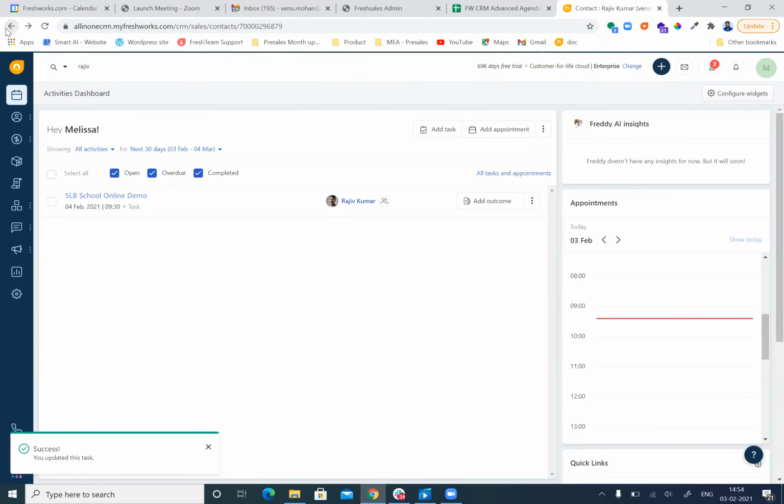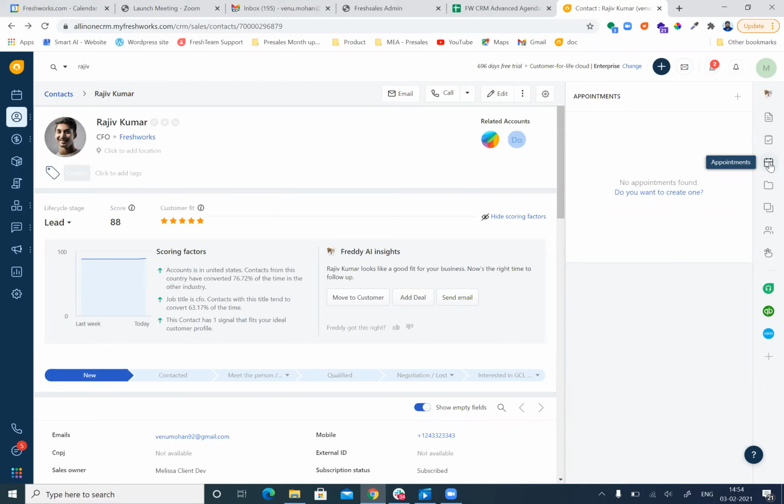Okay. And also, if the customer sends you an email, can we have a meeting tomorrow at 10 a.m.? Then immediately your agents can create an appointment from the CRM. This appointment will block the sales agent's calendar to keep them available for the particular time slot to discuss with the customer. So whenever there is an urgent meeting or request from the customer, the agent would be able to create the appointment as part of the CRM. This will block their Google Calendar or Office 365 calendar with the help of calendar integration with the CRM.